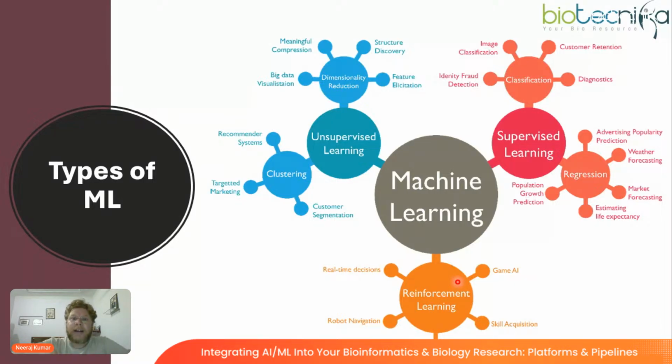Okay, so here the algorithm tries to improve itself by continuous influx of data. These are the various examples of reinforcement learning. So these are the basic types of machine learning. This is just an overview. You need to dive deep into machine learning to understand in depth, right?